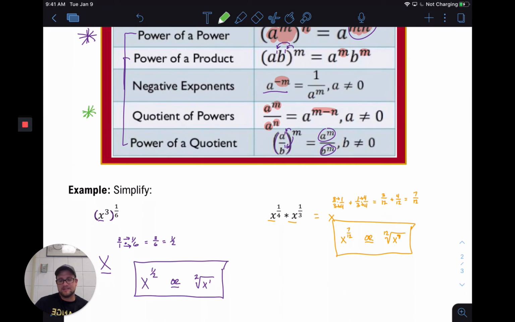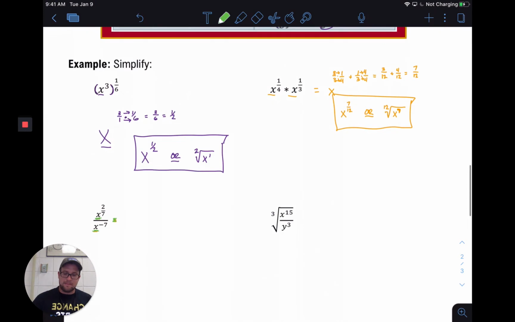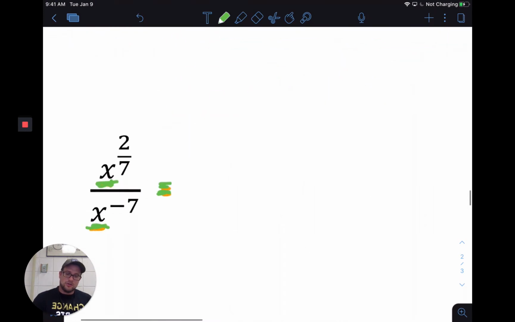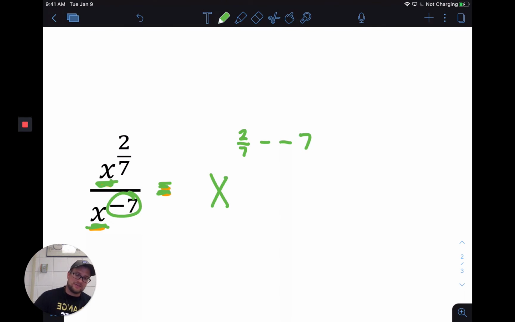And what that says is you can take the top exponent and subtract the bottom exponent while keeping the same base. So my answer would be x. My top exponent was 2/7 minus, now notice this is already a -7, so I want to minus a -7 here. Now a couple things. Two negatives always make a positive, so this is the same thing as saying 2/7